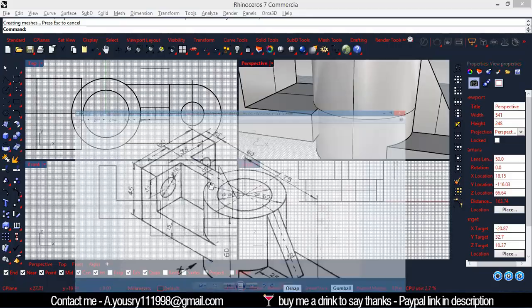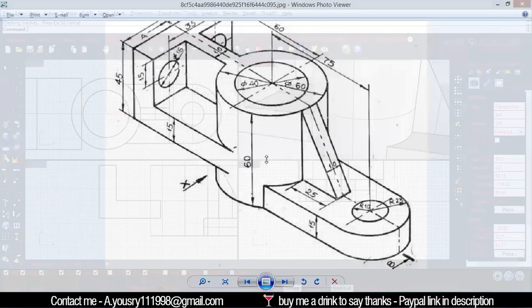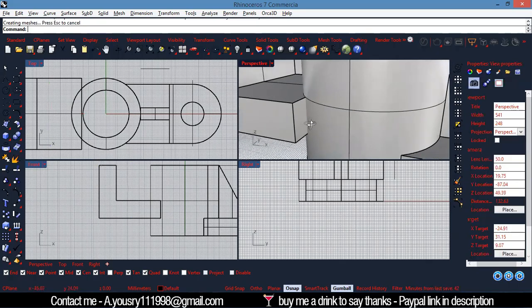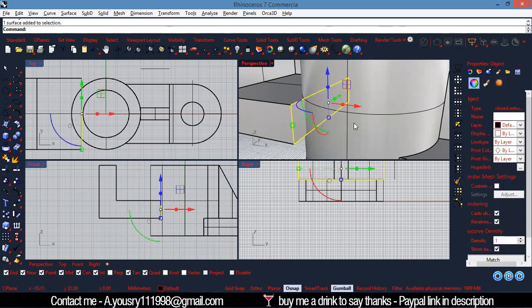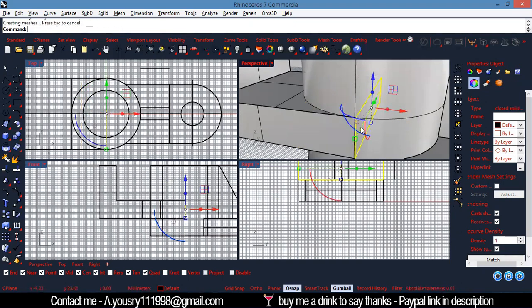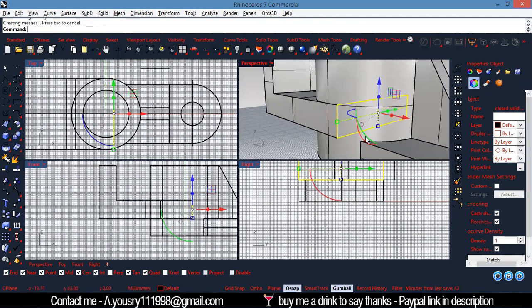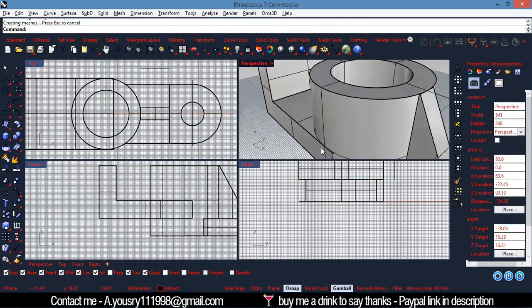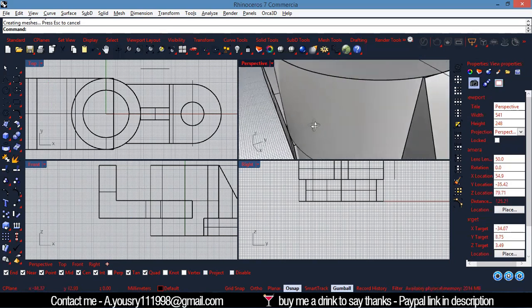I want that to be tangent to the circle here. So I can just hold on Control plus Shift key and select the surface. Okay, and move it. I can move it to just touch the tangent, to be tangent to the circle here, right? And after that,